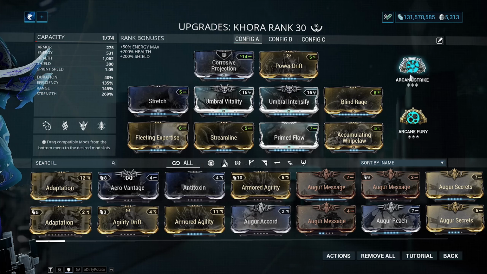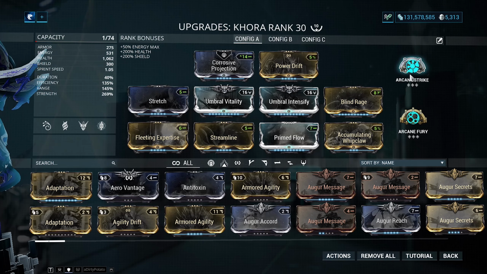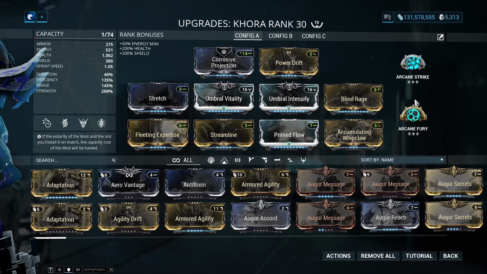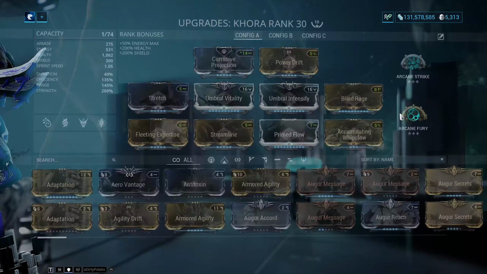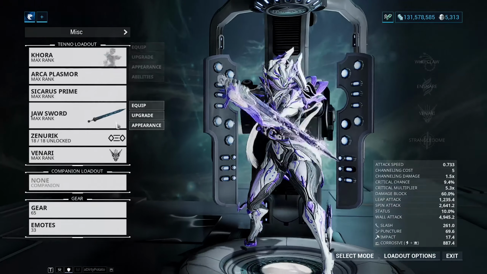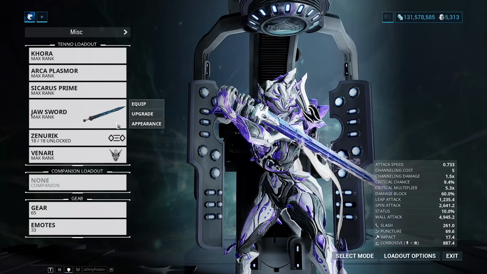I've got Arcane Strike on here to buff up the attack speed of my melee weapons if I'm using them, and then Arcane Fury on here to buff up the crit damage, and this is going to stack into our 1 Whipclaw as well. So, because it's a pseudo exalted, you want to use a melee weapon that has a